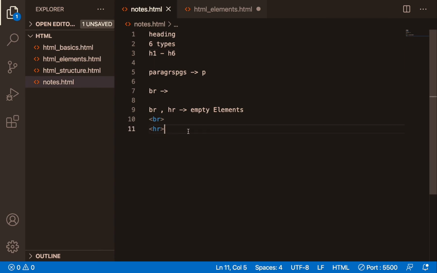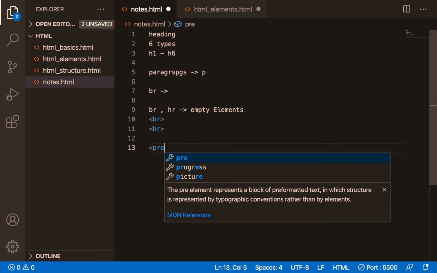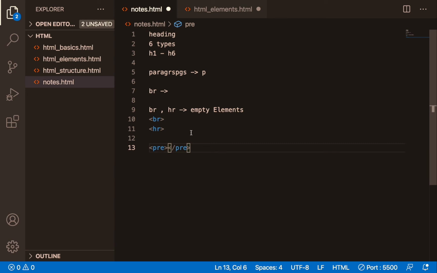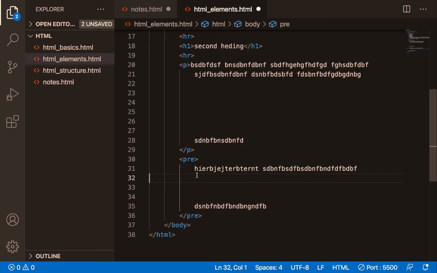We will write it like this: pre element, starting tag, ending tag. This pre element will not ignore the space. If we give space like this, multiple lines or multiple spaces, it will not ignore it, it will consider whatever we give.